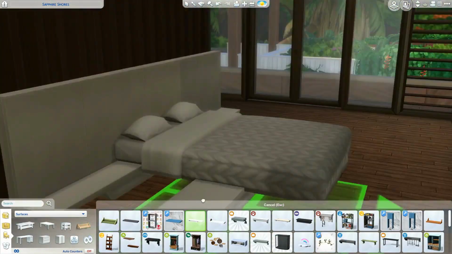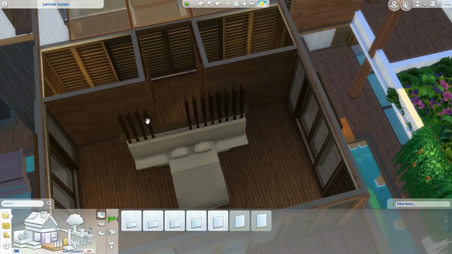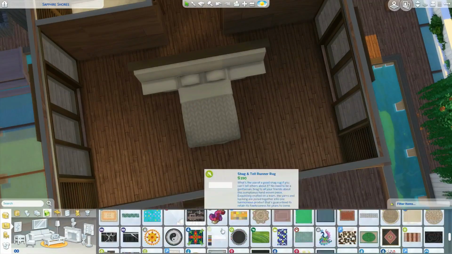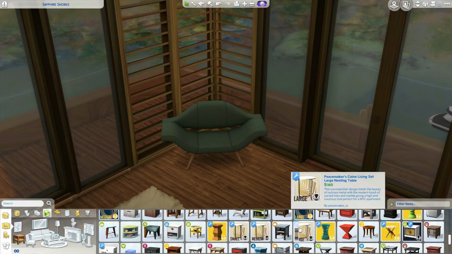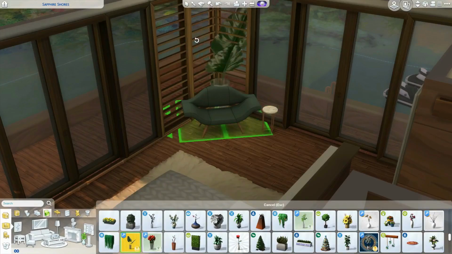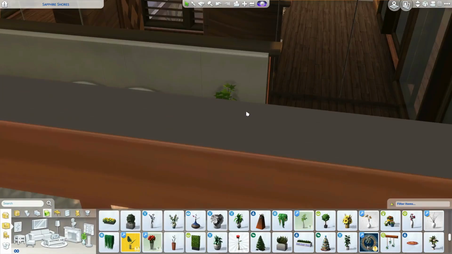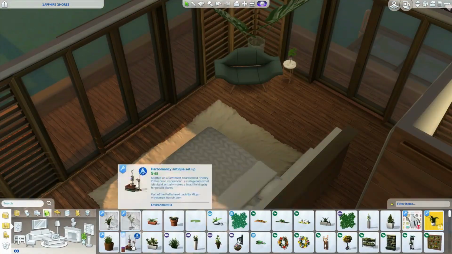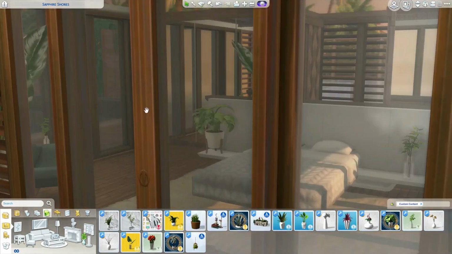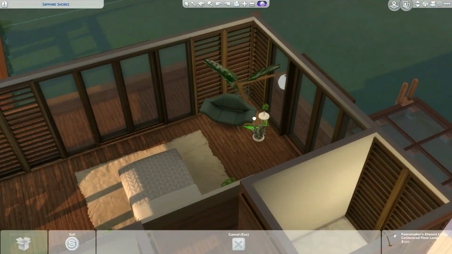I created this bed from separated bed frames by Brass and Lotus, and used some shelves as side tables and also as the bed frame underneath. It looked really cool. In that corner, I made a little accent chair moment so you could chill out in the sunset, read a book and whatnot. I threw in some plants from Peacemaker, which look really tropical and modern, which was actually what I wanted for this build. I used a lot of plants in the interior because I wanted to bring the outside in,